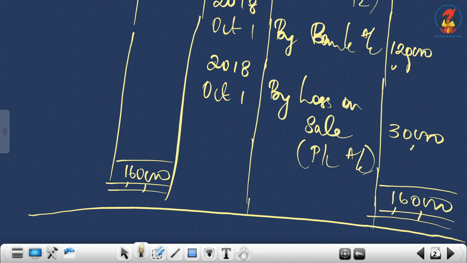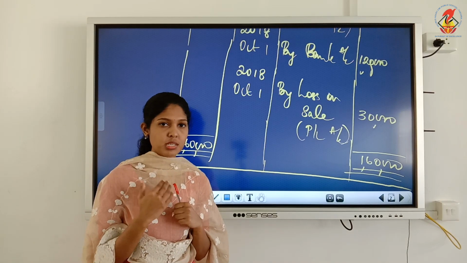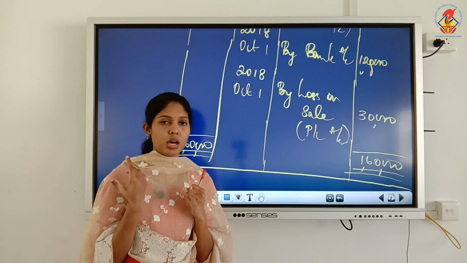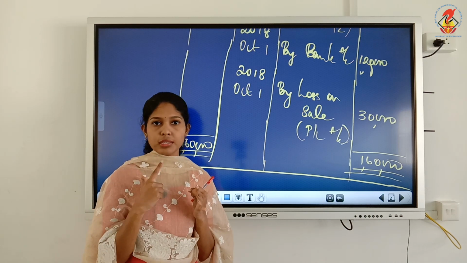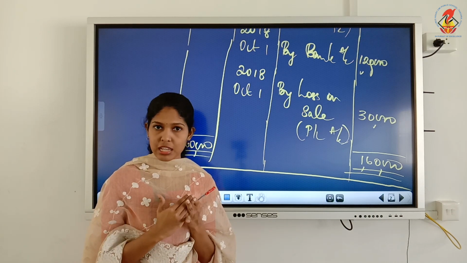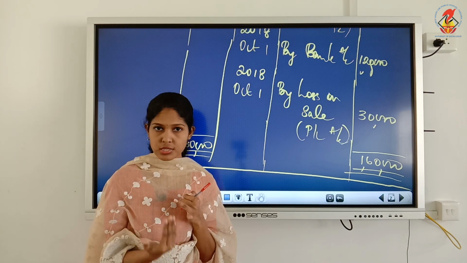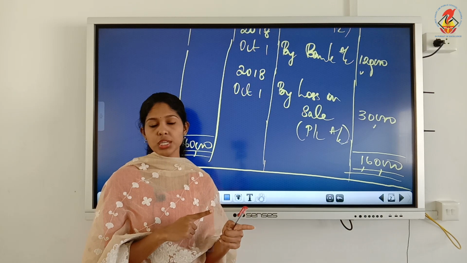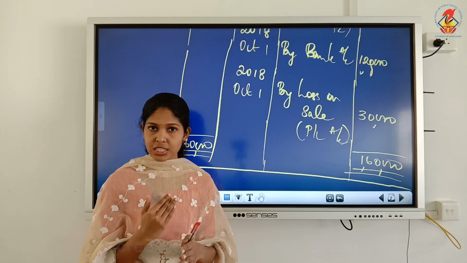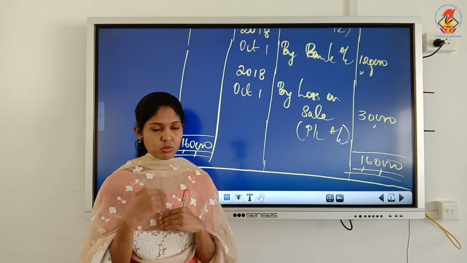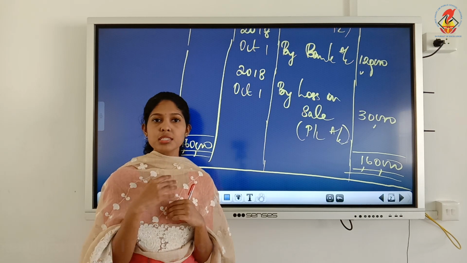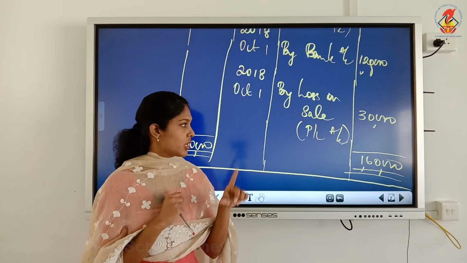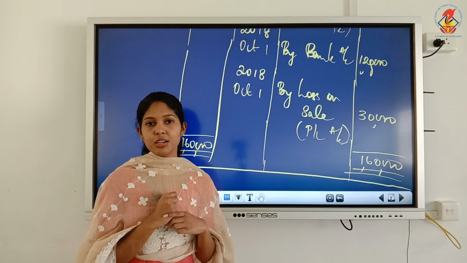Yes, so these types of questions you will be getting, that means purchase value is there, at the same time we have sale value. So before you record sale value, you have to charge depreciation. Then after you record sale value, you have to write profit or loss. So certain steps are there. These types of questions you will be getting. So repeat this question 2-3 times.